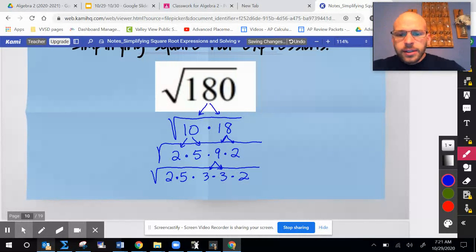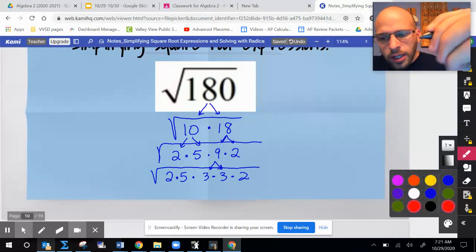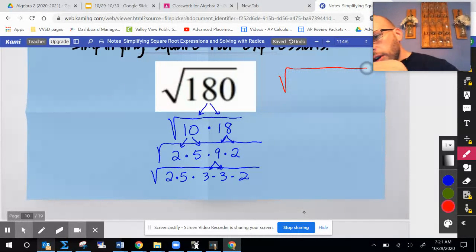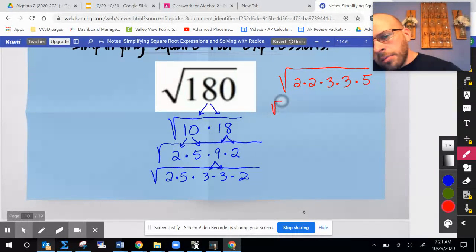Right? Now let's put all of our pieces together. I'm going to put them in order, so I'm going to do that up to the side here. So I'm going to have a 2 times 2 times 3 times 3 times 5. Do you see I put them all in numerical order? I had 2 2s, I had 2 3s, I had a 5. I can break that up now